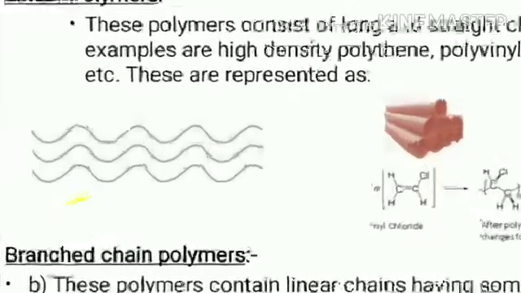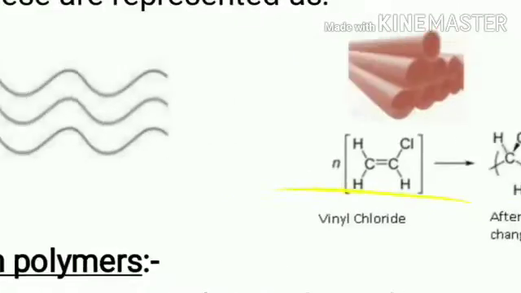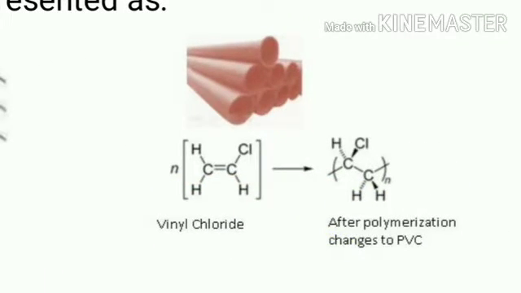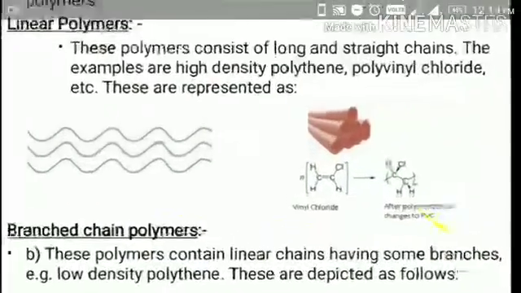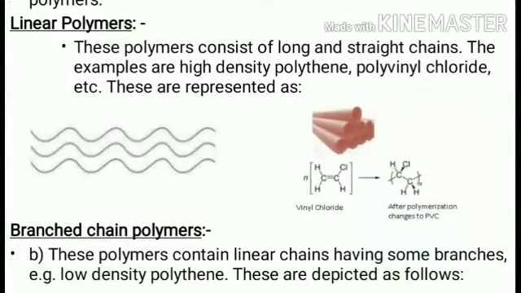You can see the diagram. In the linear polymer, all the monomers are present in the straight chain in the linear form. Okay, and you can see the example vinyl chloride. For example, PVC, polyvinyl chloride, PVC pipes. That is the example of polyvinyl chloride. Vinyl chloride's simple formula is CH2 double bond CH single bond Cl. Okay, and it combines, then it forms CH2 single bond CH single bond Cl, and two single bonds are free. That is called polyvinyl chloride. Okay. Now this is the linear polymer.